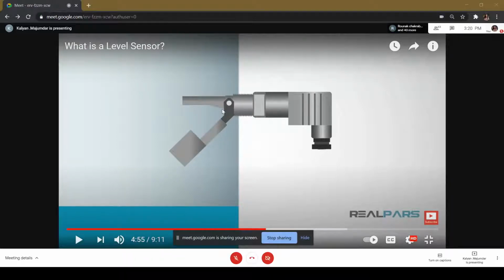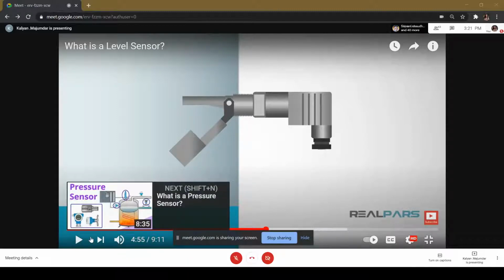As you can see, there's no liquid at the position of the switch. This float is hanging down. Why? Because of its weight. Now, as the liquid level rises, you can guess what would happen. This starts floating on the surface of the liquid, and the float starts moving up. When it reaches this horizontal position, an electrical contact is either made or broken inside this particular circuit. We'll just see that in this animation.